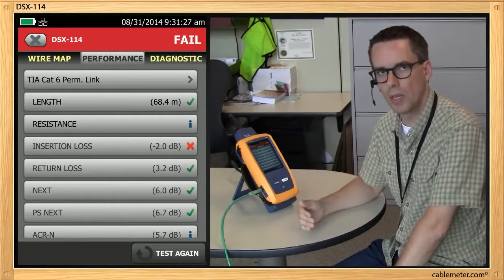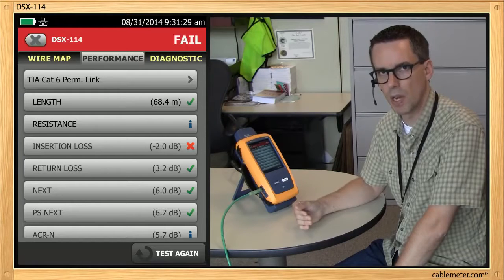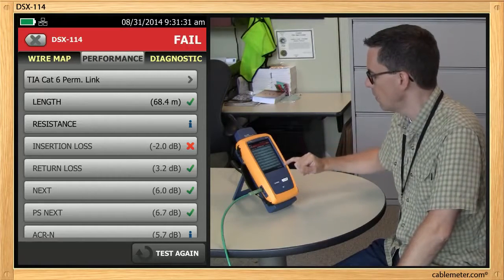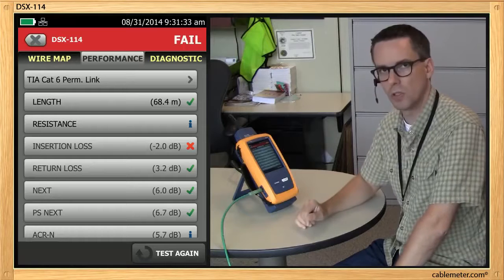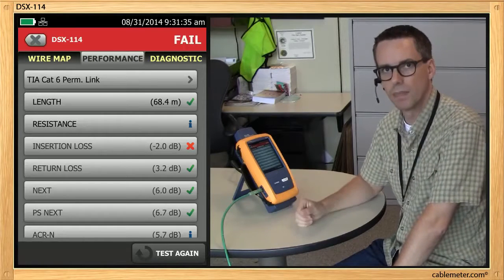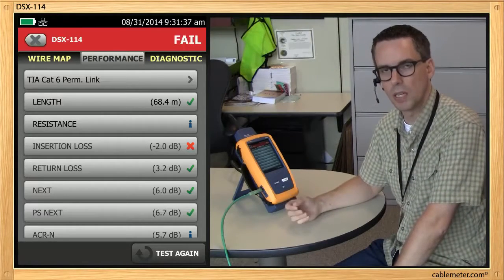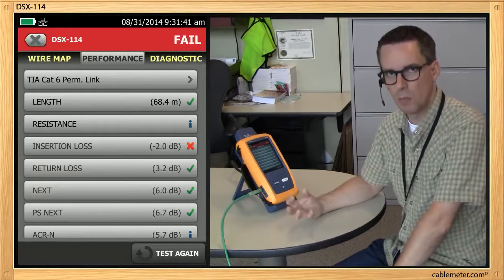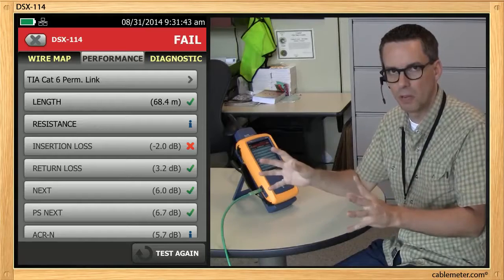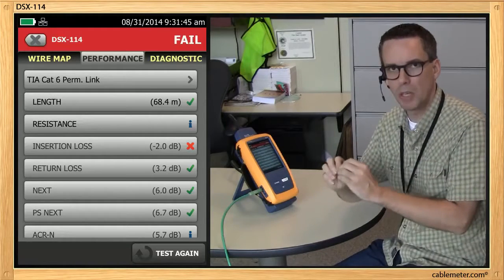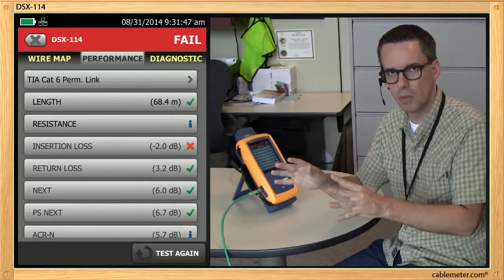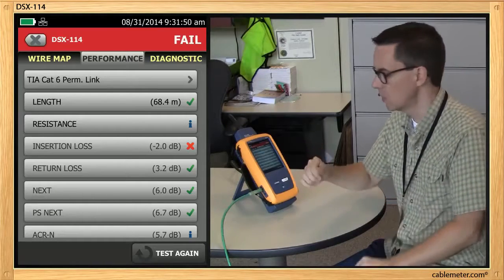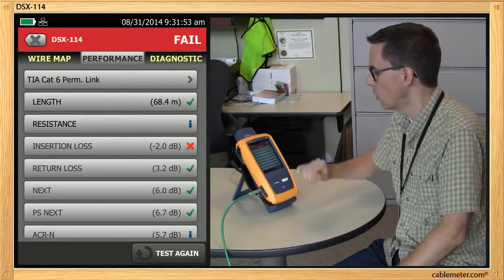So we're well within the limit of the standard in terms of length. And because everything else passes except for insertion loss, now this is going to be due to lubricant. Now, lubricant is highly conductive, and that causes the electrons, for want of a better description, to disappear from the cable. And because they're disappearing from the cable and not coming back into the instrument, your return loss looks just